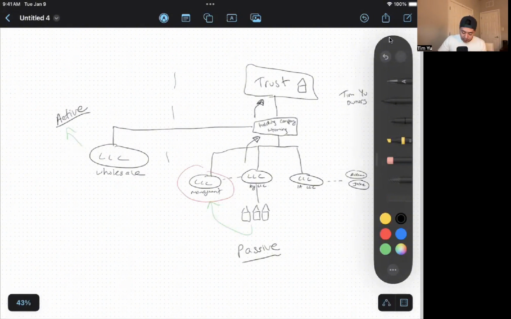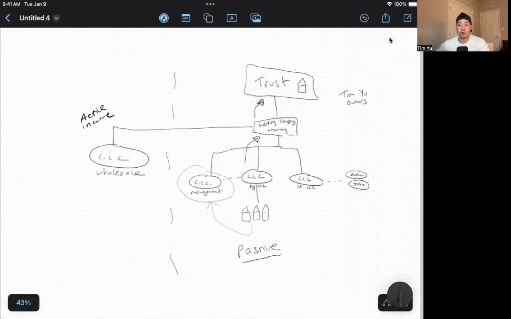Have the active side of the business split off from your passive side. Let's say you make 100K active income, right? This is more for taxes, and your 100K goes into the holding company. And then guess what? You do your tax depreciation from all your other properties that you own, and you do the pass-through method to do your taxes, right? And then we funnel everything up through the trust, and then you can always pay yourself, and then you pay your taxes, right?